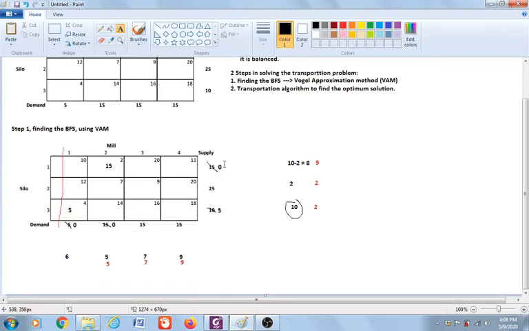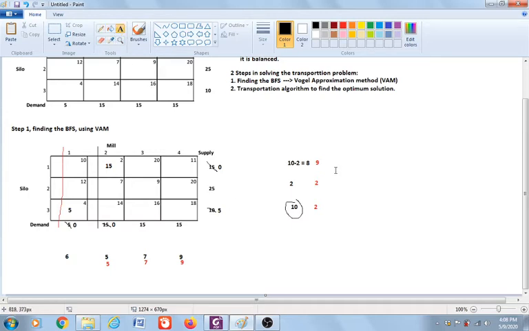So we have 2 zeros, 0 in row 1 and 0 in column 2. We need to cross one of them. So if we have 2 zeros, we just need to cross one of them. So I will cross column number 2. You can also cross row number 1, it doesn't matter. Okay. Now,